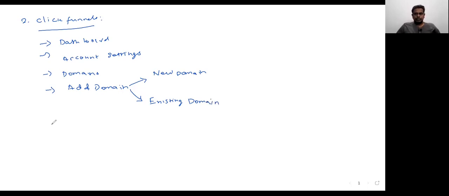So this is how you have to go. In my case, I click on existing domain and I will enter my domain as funnels.shankarprakash.com. So this is going to my funnel.